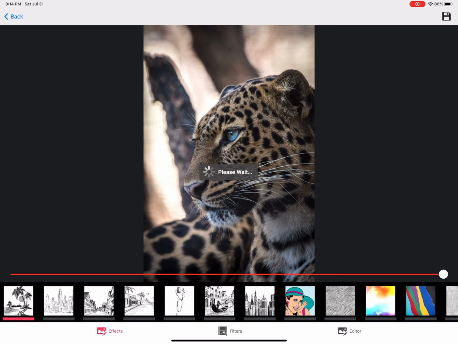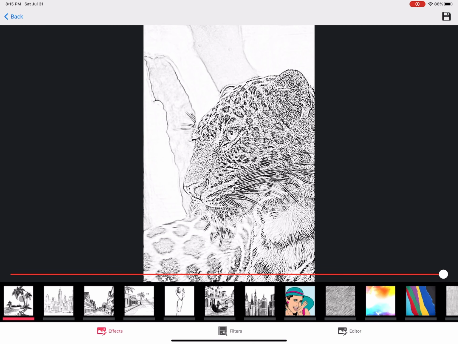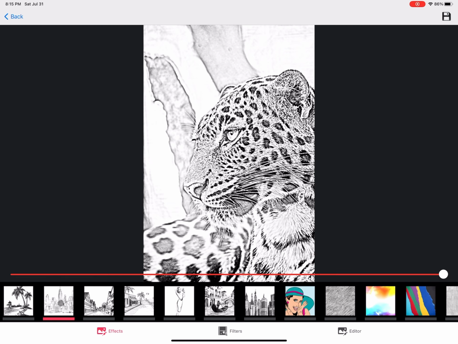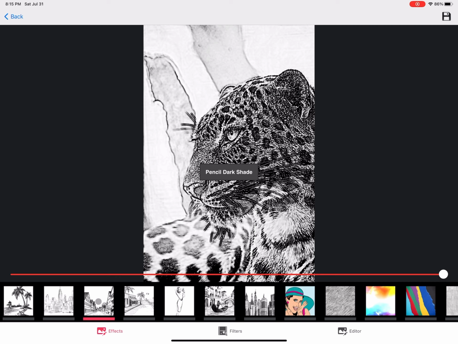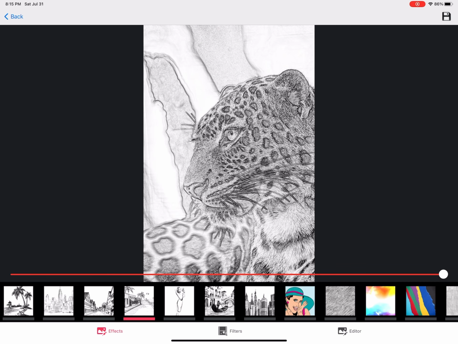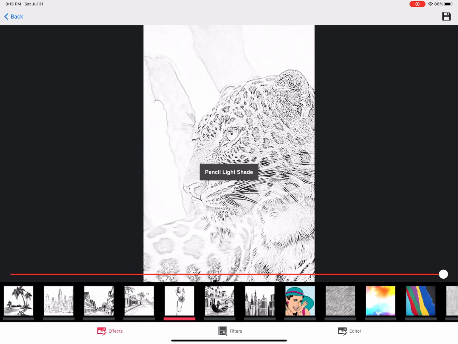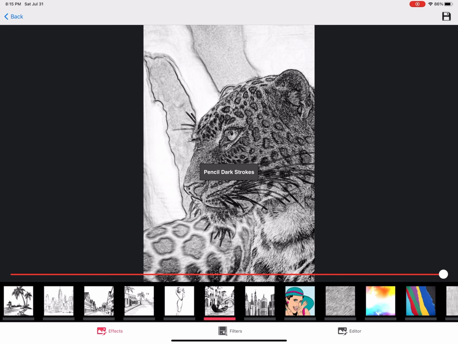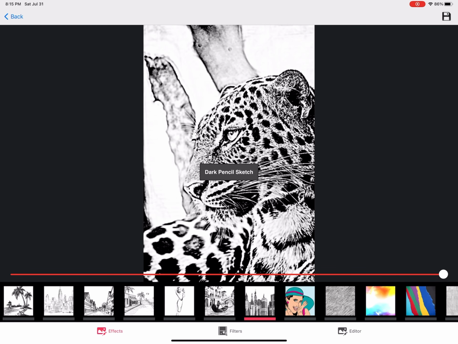First we have the pencil effect, then pencil sketch effect, next pencil dark shade, pencil light sketch, pencil light shade, pencil dark strokes, and dark pencil sketch. Now these are some of the variations of filters, but the ones I primarily use is